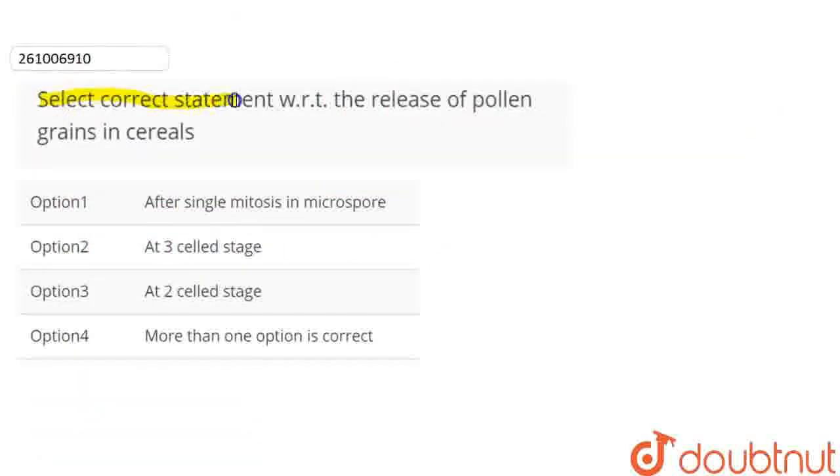So the question here is, select correct statement with respect to the release of pollen grains in cereals. इस क्वेश्चन में हमें बताना है कि नीचे दिए गई 4 स्टेटमेंट्स में से, 4 ऑप्शंस में से वो कौन सा ऑप्शन है जो कि पॉलन ग्रेन्स के रिलीज से रिलेटेड करेक्ट है, वो भी सीरियल्स के। सीरियल्स के पॉलन ग्रेन्स किस स्टेज पर रिलीज होते हैं, विद रिस्पेक्ट टू दैट कौन सी स्टेटमेंट इन चारों में से करेक्ट है।